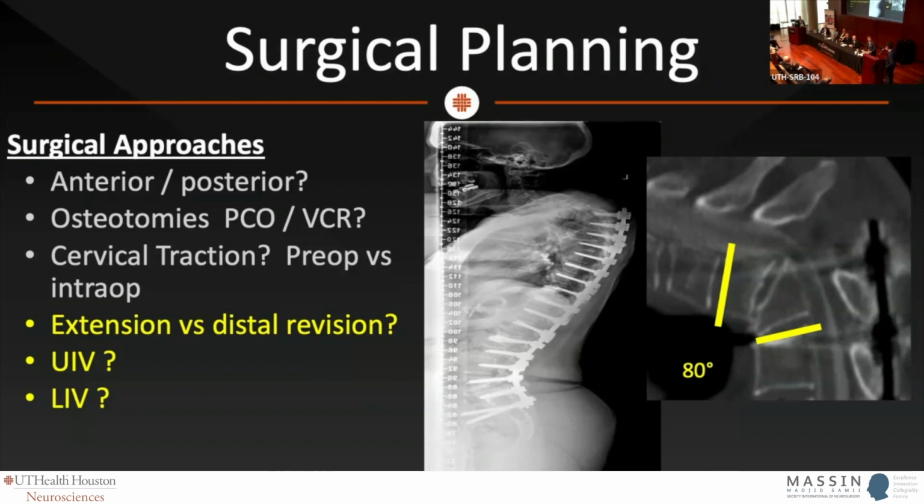Great case. A couple of questions. The first is, when planning this, I'd be interested in the panel's thoughts about what you would predict is the best age-adjusted alignment for this patient at this age. And the second follow-up question, once you've determined that, what are the modalities you use intraoperatively so that before you leave the OR, you think you've best matched that preoperative alignment?